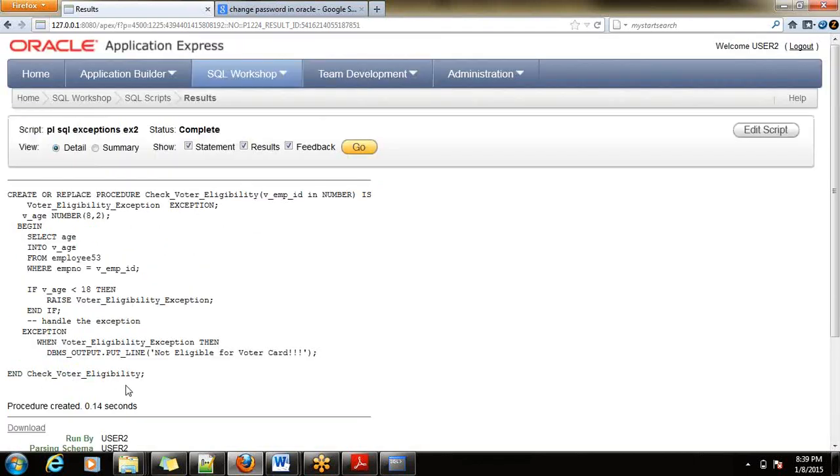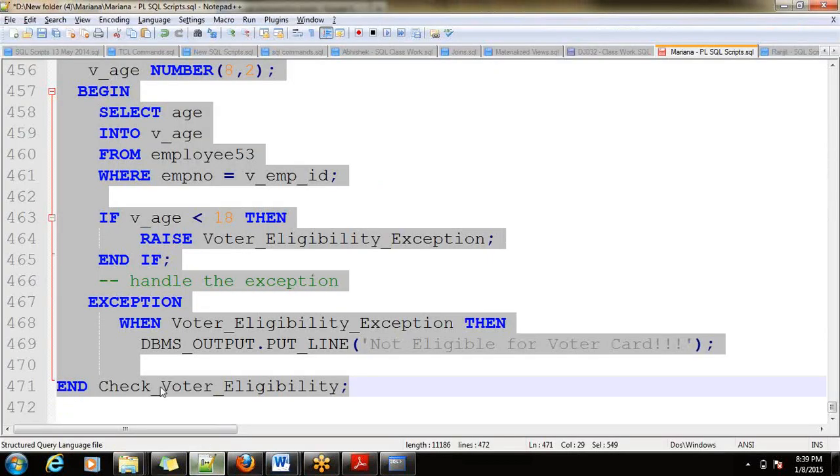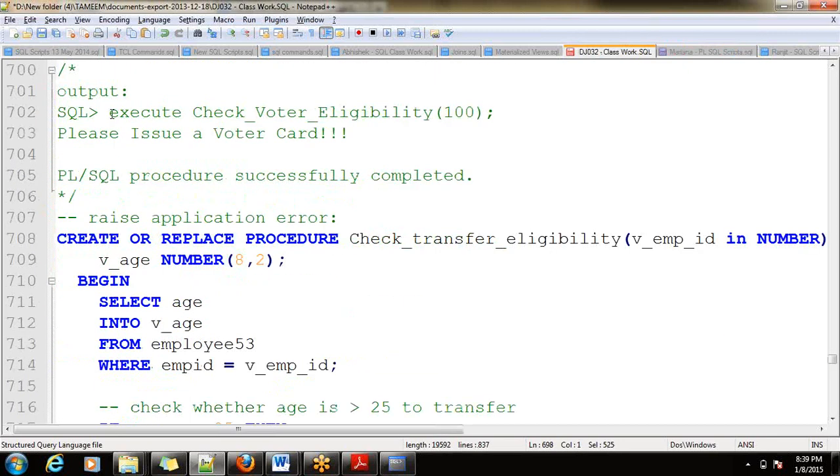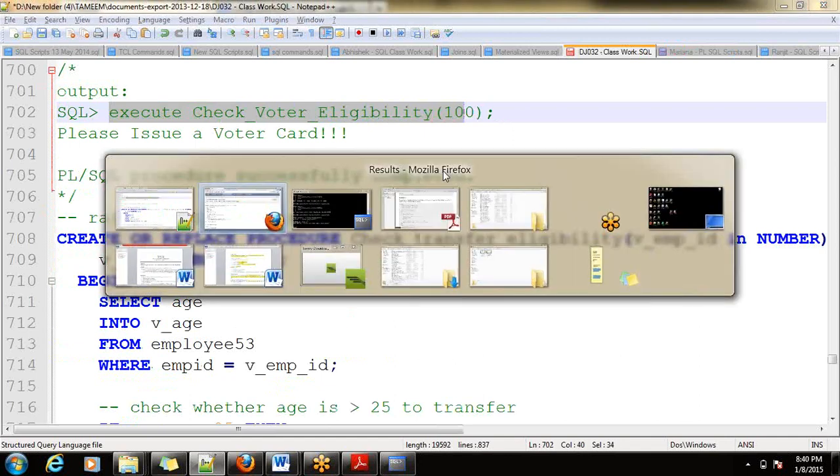Fine. Now we are going to execute this. So to execute this, we are going to use execute.